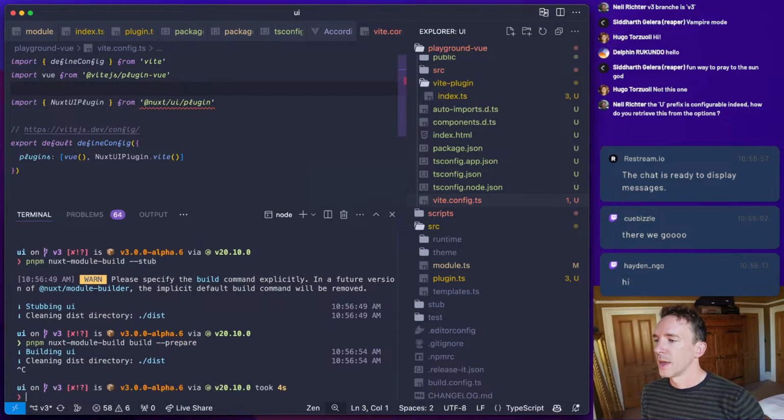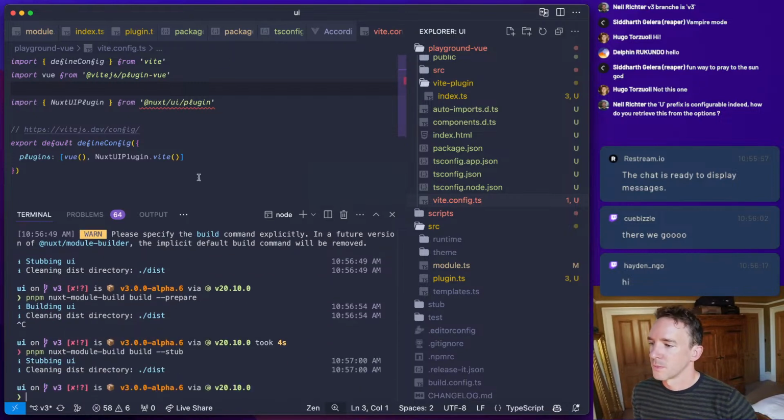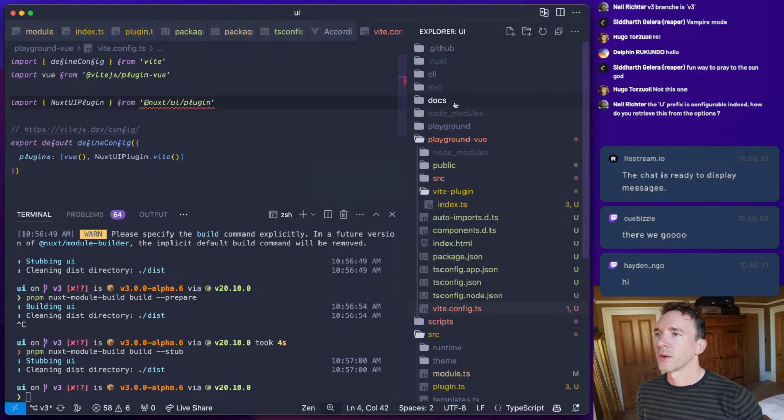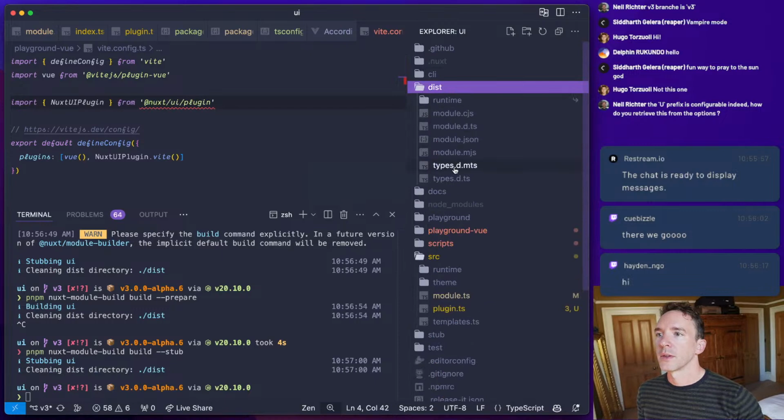What am I even doing? I think it's build stub. Okay. So we should now be able to access that, right? Dist.